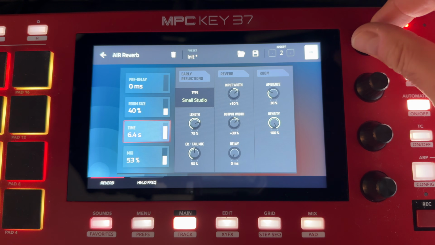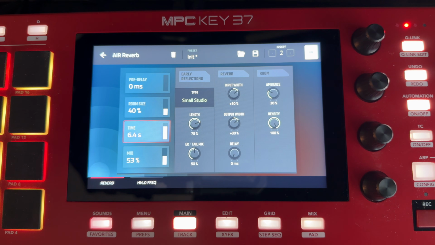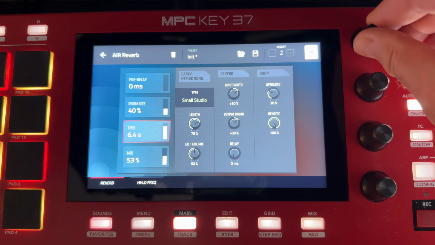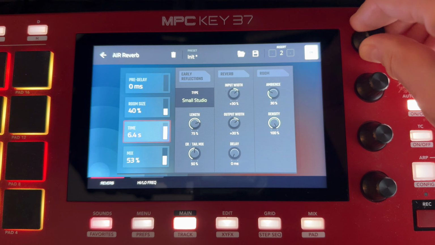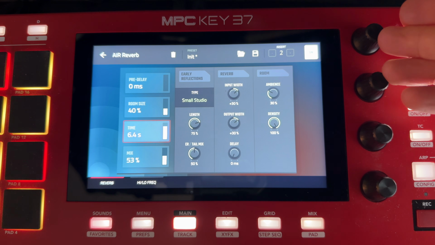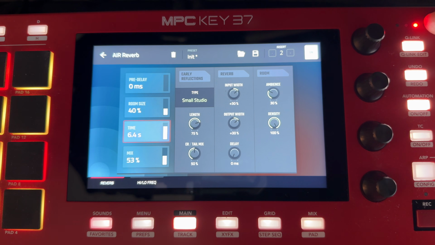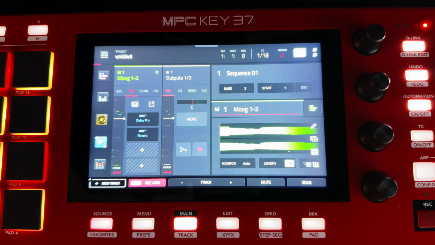Again, let's go back into our filter. And now we have delay, reverb, and we still have one extra bank as well as two extra slots for even more effects. So now that we've gone through and created our own custom sound, let's go ahead and go